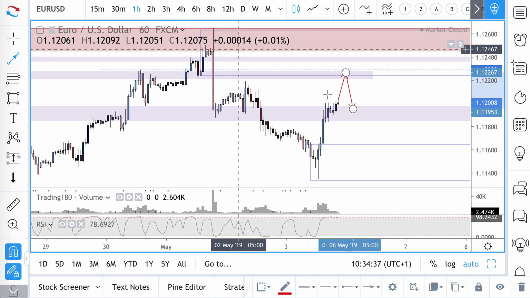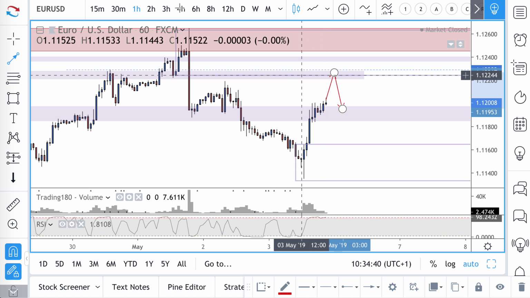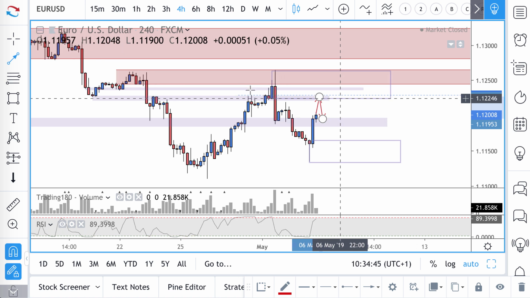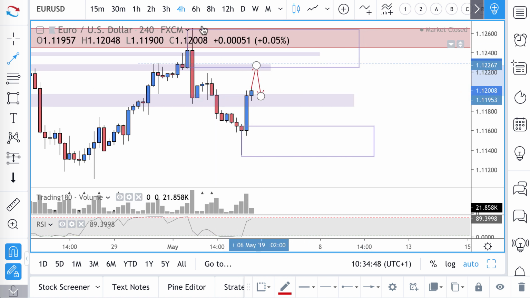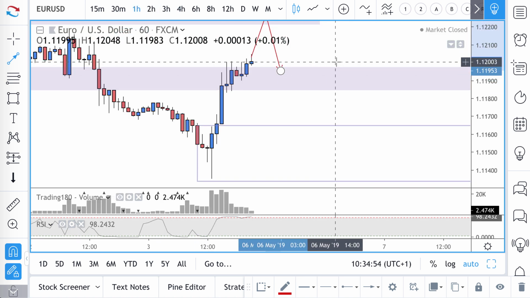I know you guys, I don't really like talking about lower time frame trading, but the higher the time frame you enter, the less likely you are to get stopped out. The trade-off with lower time frame trading is that you will get better risk reward, but you will lose a lot more. So if you're okay with losing a bit more on lower time frames and maybe being stopped out, etc., but for bigger risk reward,